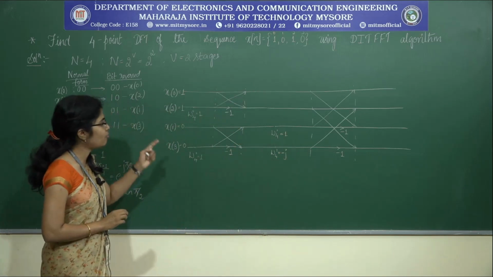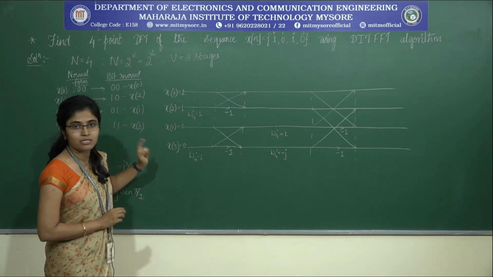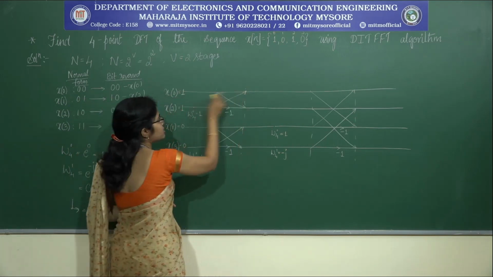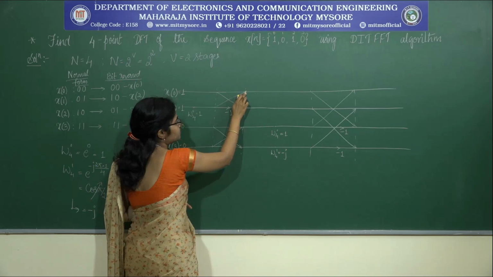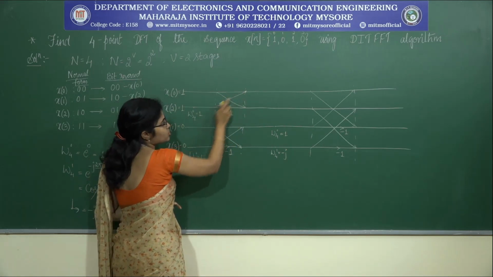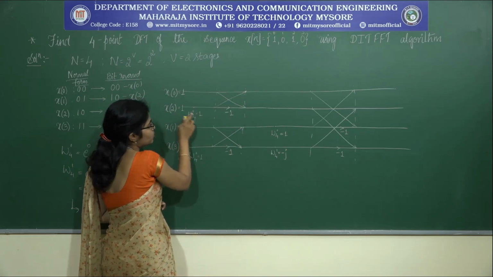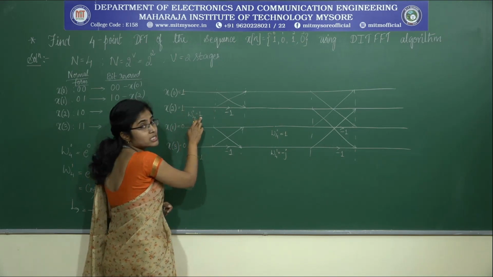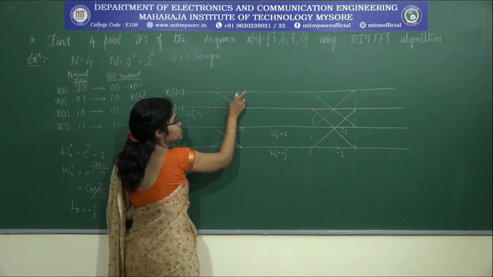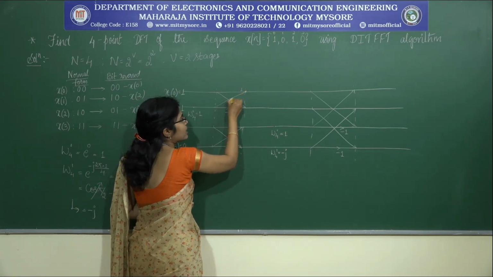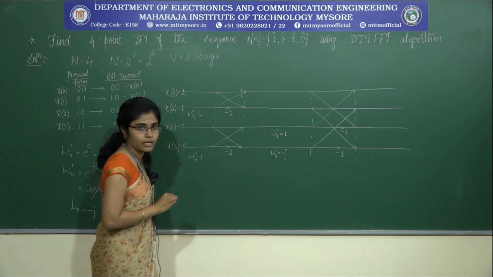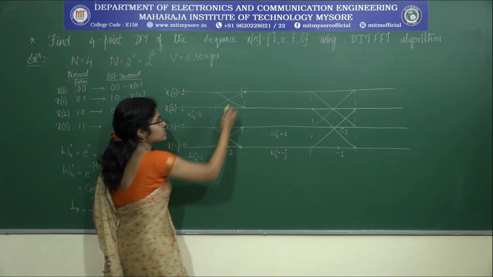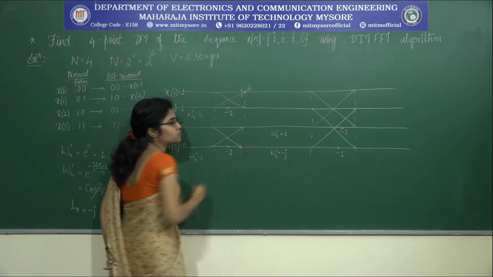Okay. Now how we perform this butterfly structure, how the computation is done. So meet at this point. At this point the first signal coming is 1 and the second branch is coming from here. So multiply 1 with 1. Why? It is traversing this path. So 1 into 1 is 1. So that is fed like this. So here also you are getting 1 and this branch is also giving 1. At this particular point what you need to do? You need to add the data, that is 1 plus 1 gives you 2.